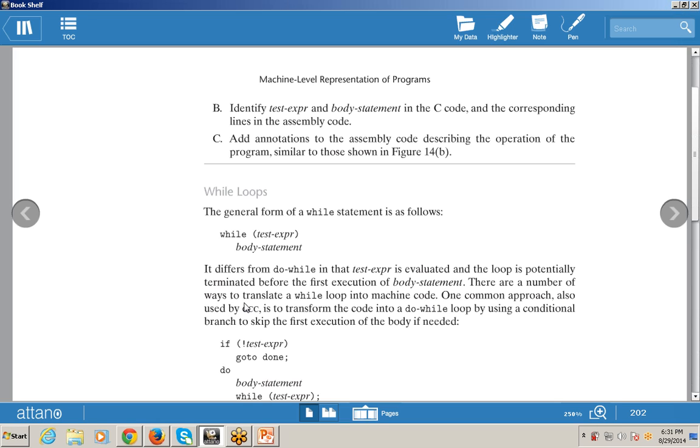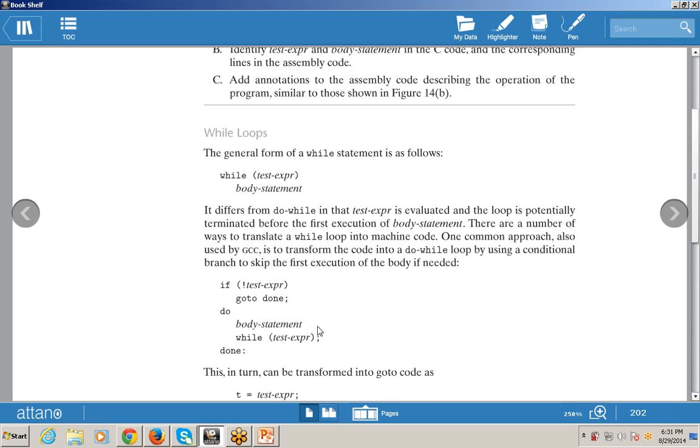One common approach used by GCC is to transform the code into a do while loop by using a conditional branch to skip the first execution of the body if needed. So this is the conversion of the while loop. If not test expression, means if the statement is not true, then go to the done part.